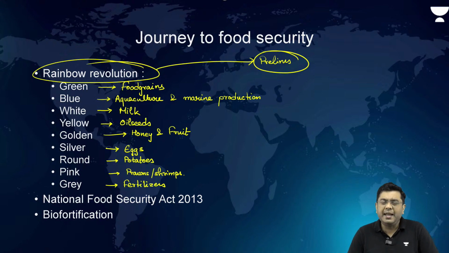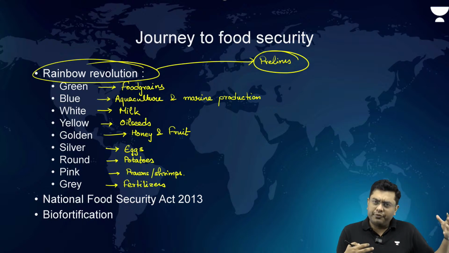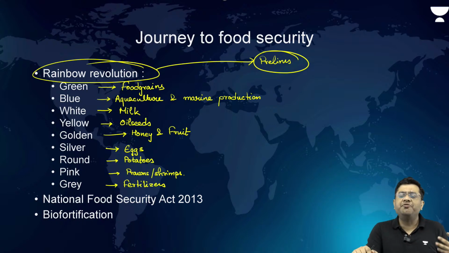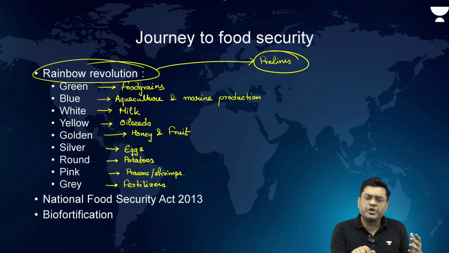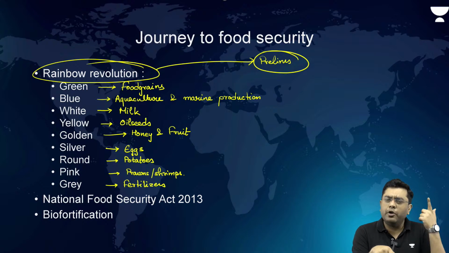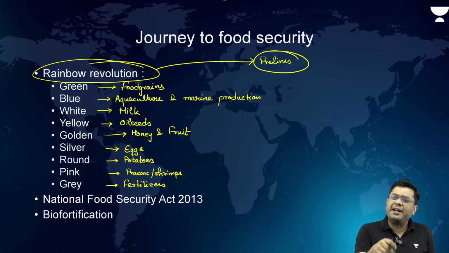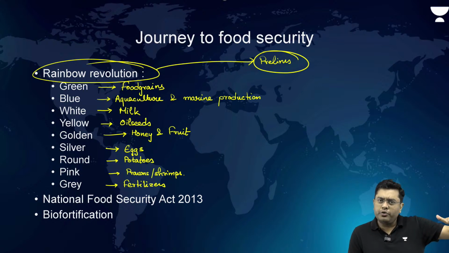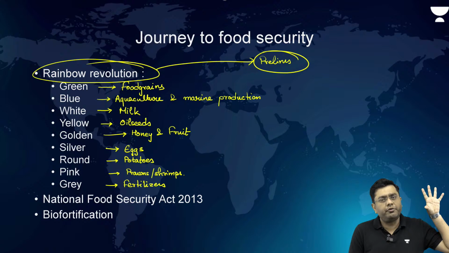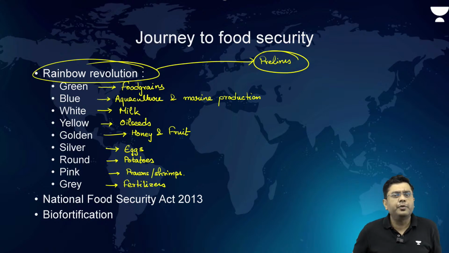2013. That single-handedly has been responsible for ensuring the reach of food and the required nutrition amongst the larger section of the population. But along with that, you also have biofortification. Fortification is what? Biofortification, for example, let's suppose you have a grain of rice. Now that doesn't contain many nutrients, or let's suppose that lacks certain micronutrients. So in that case, by biofortification, you enrich that grain with the required nutrients. So that is very important for developing countries like India, where not enough people have access to all the nutrients. Whatever food they have, that should be enriched. So that is where biofortification as well as the National Food Security Act have played a role in enhancing food security